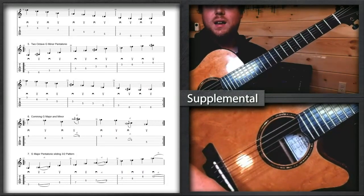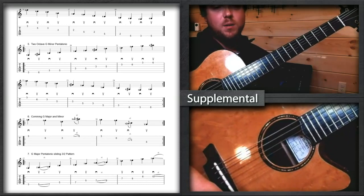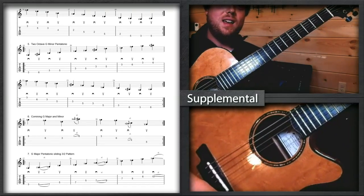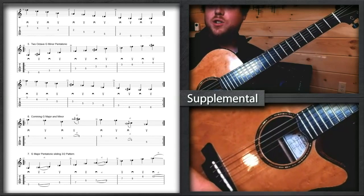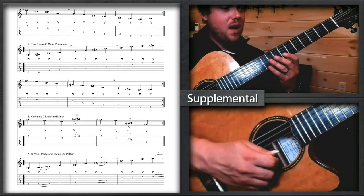So we played the G major and we played the G minor pentatonics. If you put some of the notes that are in the major shape into the minor shape when you're playing it, you get this really interesting bluesy sound, and that's exactly what this is. So if I'm playing...